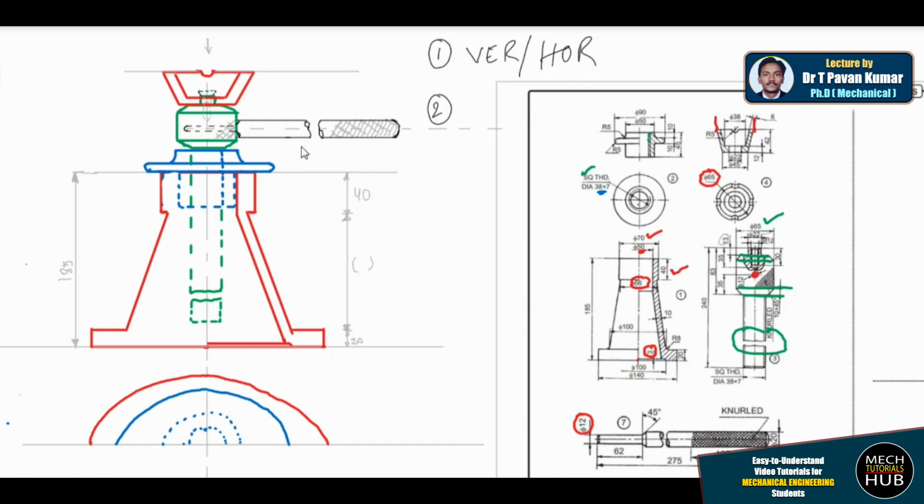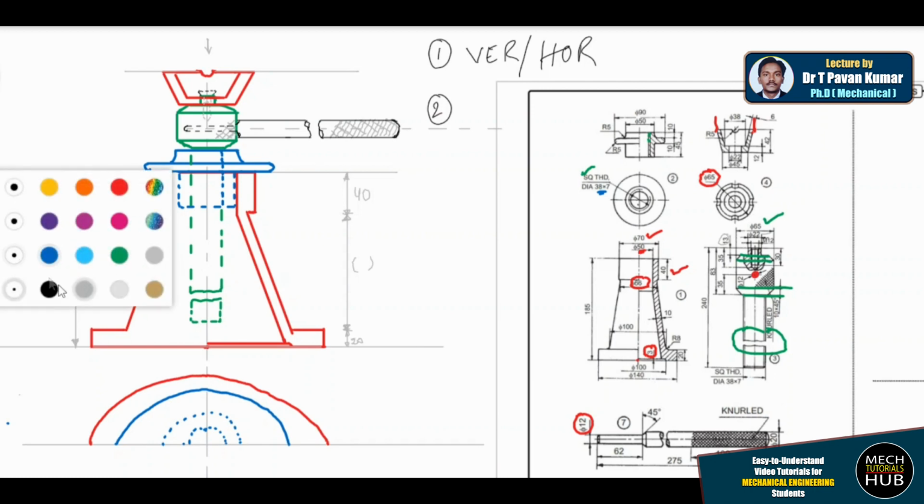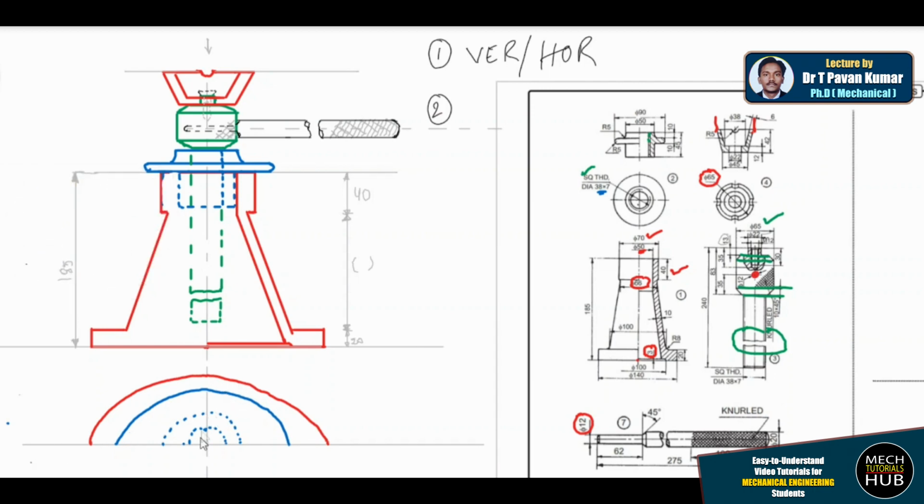And this Tommy bar is also visible, as I'm drawing the half-section component. So I'll just try to show it. It travels till this particular point. This is the Tommy bar, so the exact dimensions should match. It is ending up here. After that the thickness is increased, and after that it is going to be